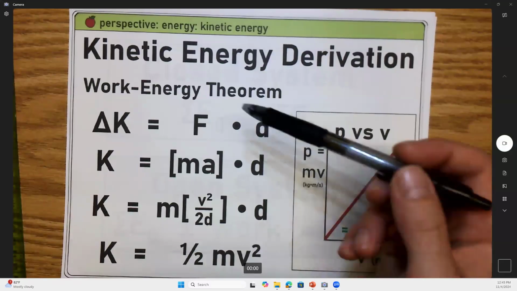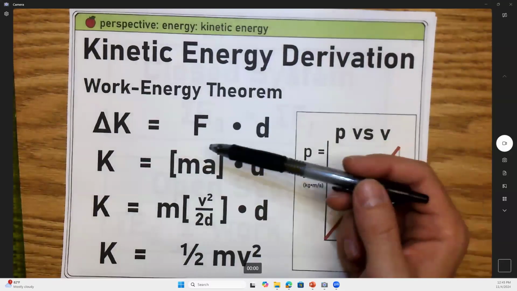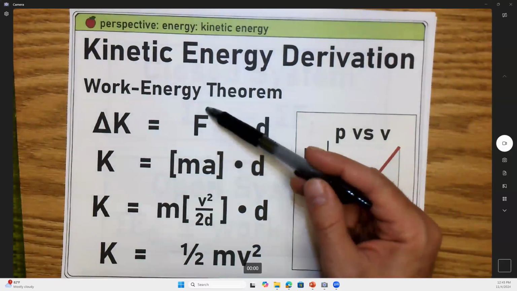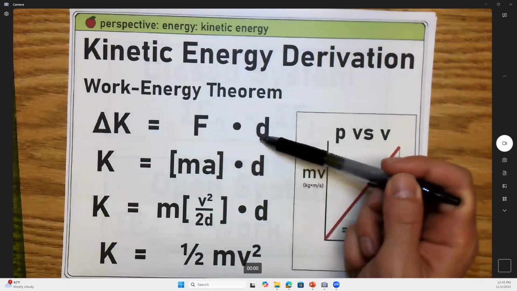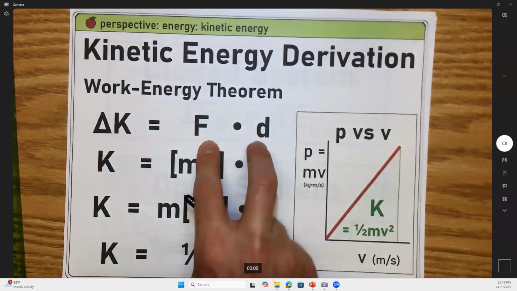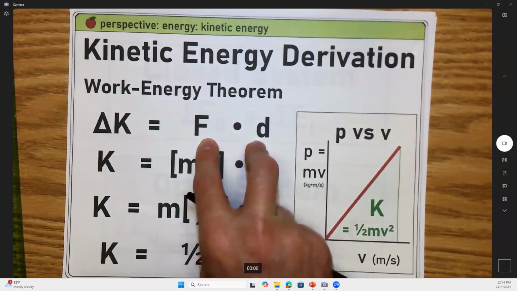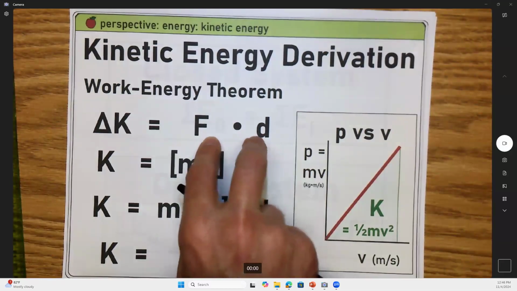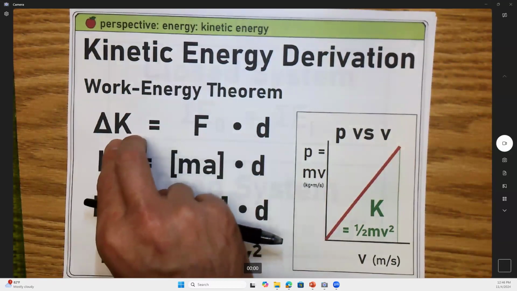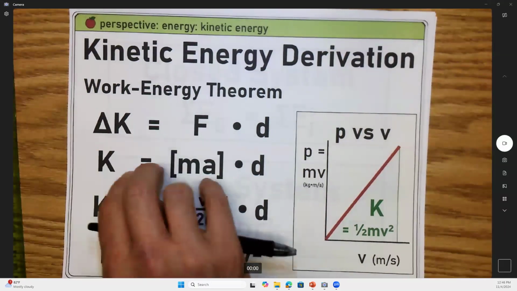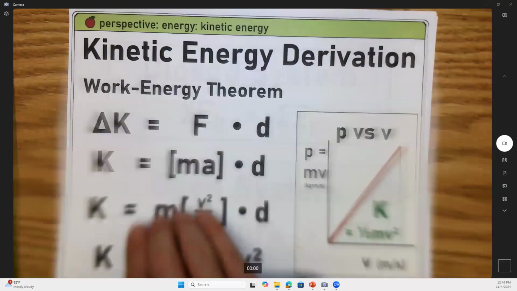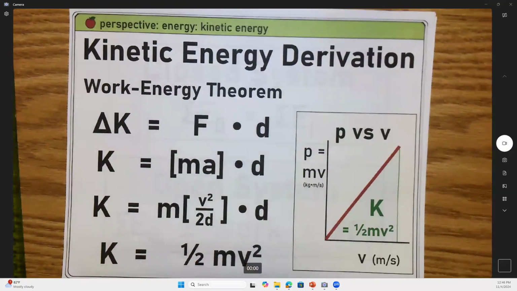I'm going to start with something called the work energy theorem, which goes like this. Suppose you push on something with some force for some distance. That's transferring energy called work. Now suppose you're not lifting anything upstairs, not changing the elevation. That means all that energy went somewhere else. Let's say it goes into its motion, so all the work you do goes into kinetic energy. That's the first domino that's going to tip over all these other dominoes and lead to the formula I'm trying to show you.